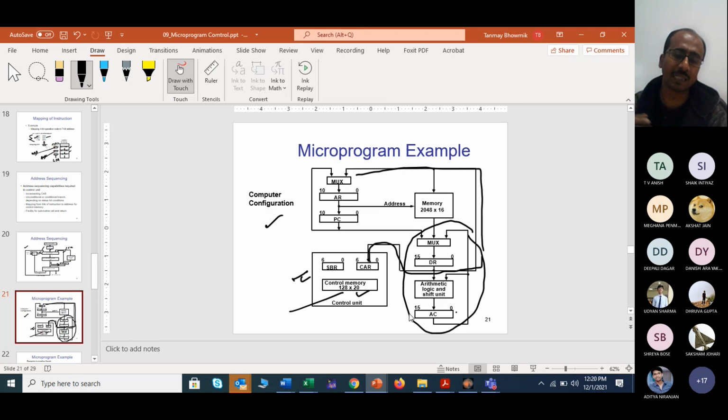We have also given the example of a multiplexer with a simple example, like when you are trying to print one page. You have several options. You can print to PDF, you can print to your own system, you can print through your lab printer. So anything is possible. You select from the set of available printers, that particular printer will be selected and your output will be generated. Right? So that was also one kind of multiplexer example.